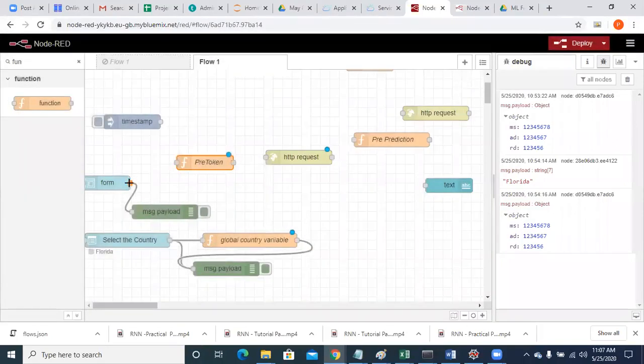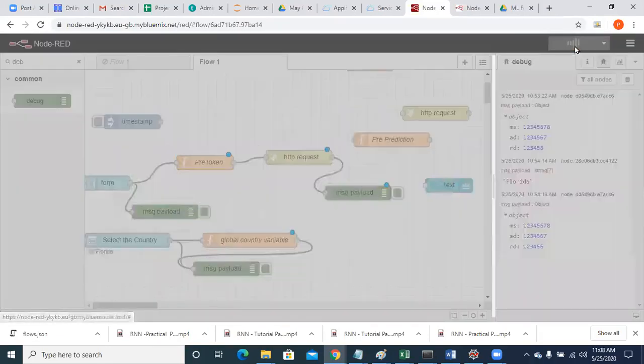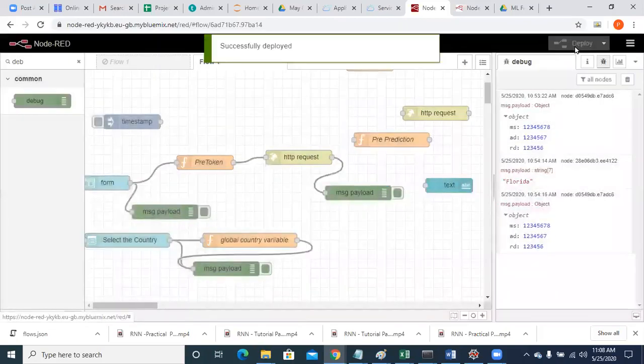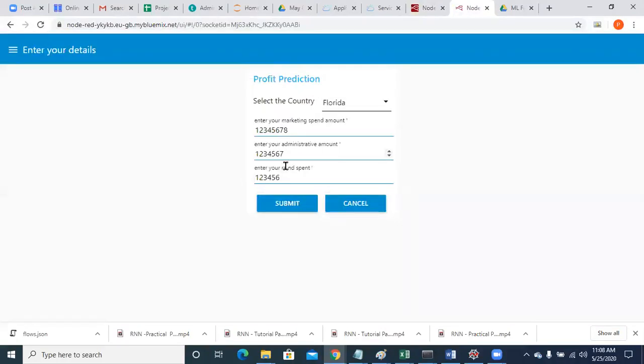Now, connect this pre-token as well as your HTTP request token. Now, just add a debug node to your HTTP request. Now, deploy it. Now, go to your Node-RED, give the values.